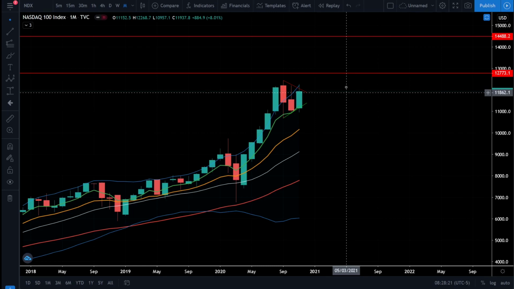on the stocks channel. So the first price target we want to see hit before we get bearish or even think about a pullback significantly in the market is this 12,778 level. So that's why on the stocks channel, we're going to say the stock market is going to continue to go higher, and we're more than likely going to continue to see this melt up scenario play out. Now, obviously, everything is susceptible to change at the drop of a hat. And if we start to see anything that says otherwise, obviously we'll let you know right here on the stocks